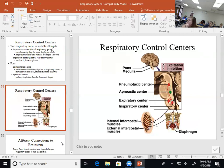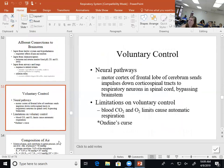It's because when we look at this medulla and the pons here, we can see these centers that control breathing in and breathing out, but also this whole control of this. And so this is why when you have damage to the brain stem, a lot of times people are on a bed. All right, so anyway, there's some people who have damage to these centers, either because of pathology like tumors